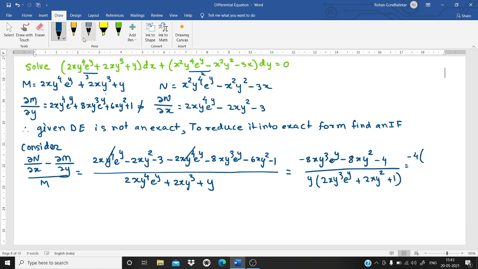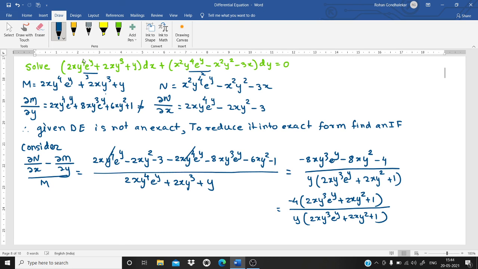Inside the bracket we get 2x y cube e raised to y plus 2x y square plus 1, divided by y into bracket 2x y cube e raised to y plus 2x y square plus 1. So this bracket and this bracket cancel and we get minus 4 upon y, which is a function of